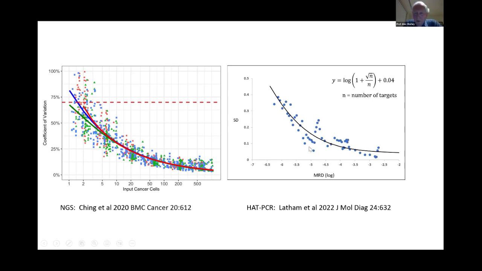And the one on the right is our own data. Again, we did replicate estimations on different days by different observers on all samples. The results are remarkably similar, and